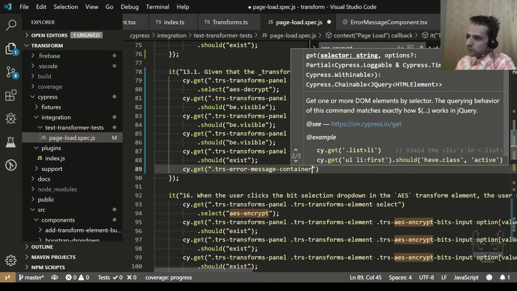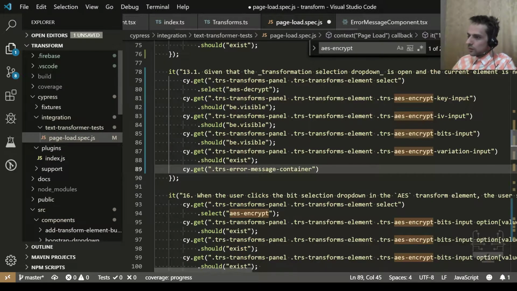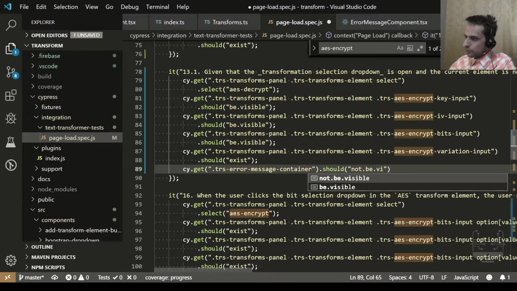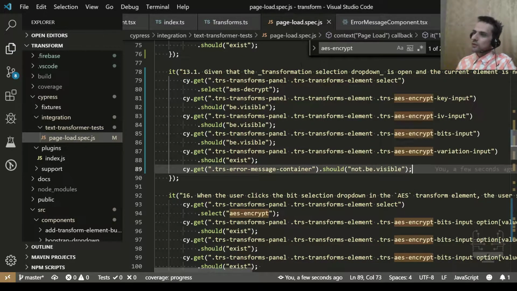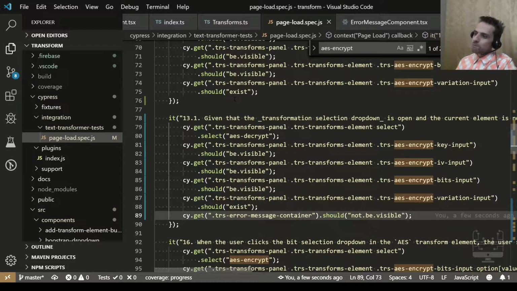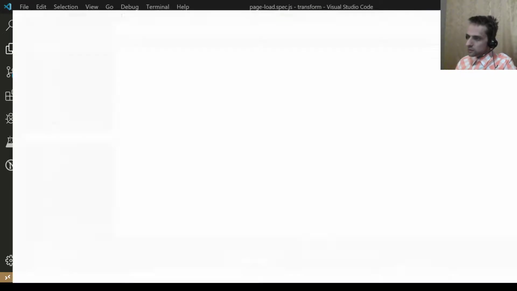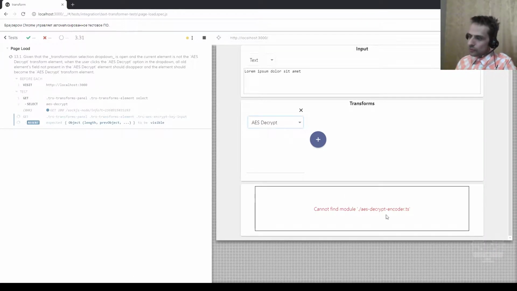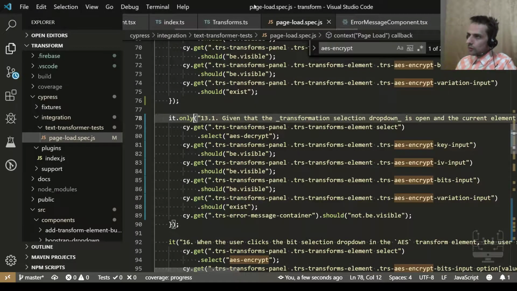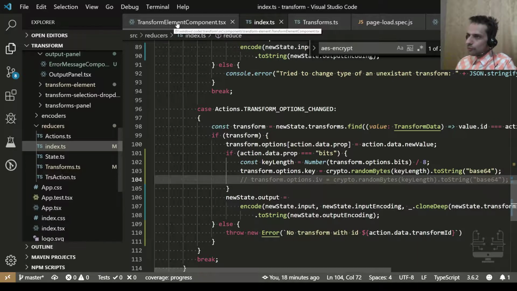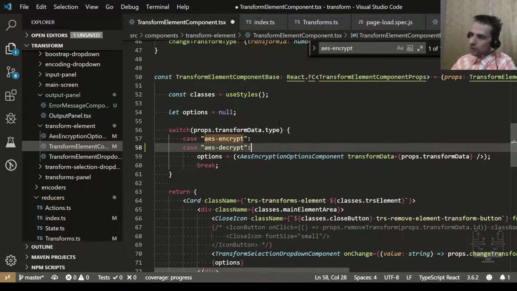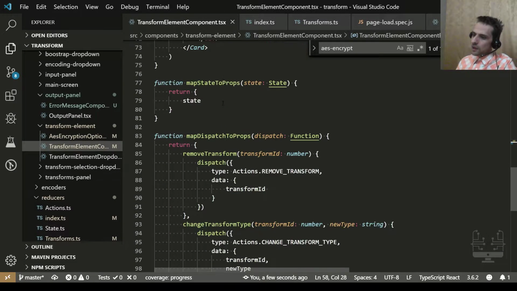This thing should not be visible. cy.get should not be visible. Okay. And let's make it the only test. So it's failing. Yeah, it timed out. Let us now fix this. One of the fixes would be AES decrypt. And here